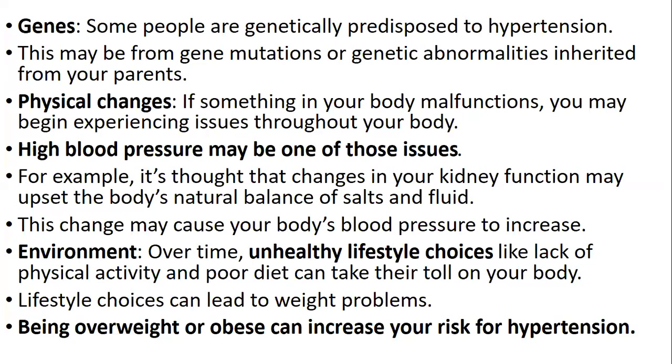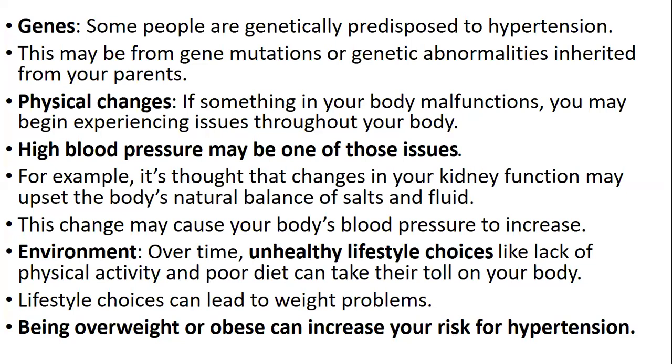So the hypertension that starts on its own and gradually rises is classified as primary hypertension, whereas the other kind, in which high blood pressure is due to another malfunction somewhere, would be secondary. It could be secondary to a kidney disease. Kidneys work hand in hand with the heart, so if the kidneys have a problem, the heart will also malfunction. Once you correct the kidney problem, the hypertension will also be